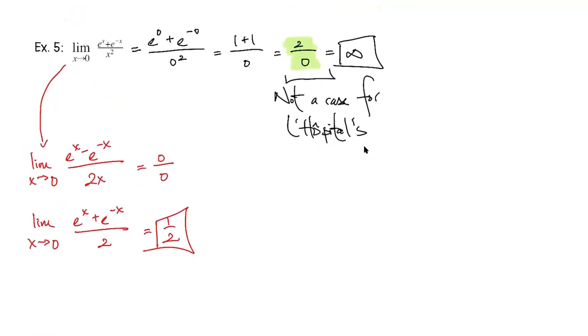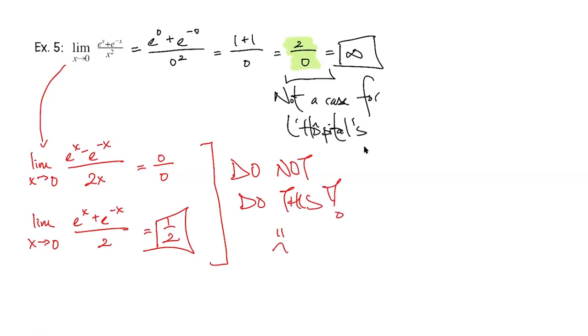This answer in the red is not correct because we cannot use L'Hopital's anytime we want to or anytime we see a fraction. It has to be a very specific case, 0 over 0 or infinity over infinity, okay? So this is a do not do this. Shouldn't that be 1? Yep, it should be 1, you're right. Do not do that either. Okay, there we go.